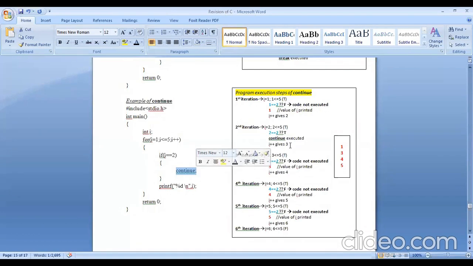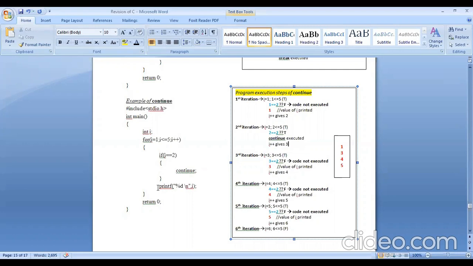So i becomes 3 now. After the continue statement was executed, the transfer got back to the beginning of the for statement, it updated the value of i and started with the next iteration.